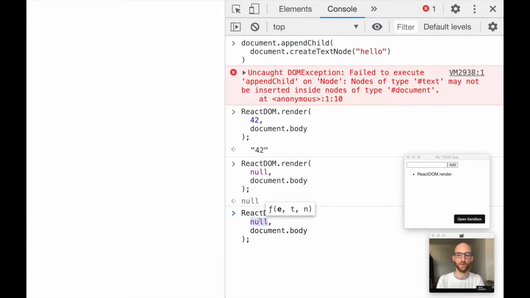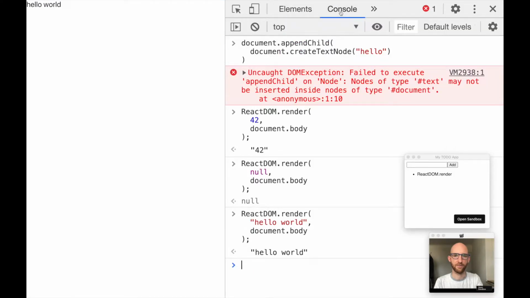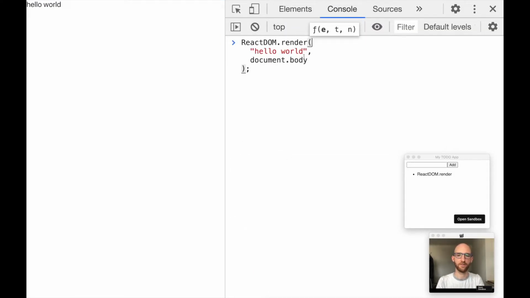What else can we try? So we can try strings. Great, so strings seem to work. I've got my body with that string inside it. What else could we try? We could try